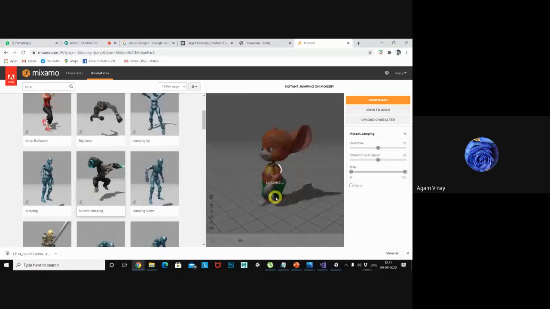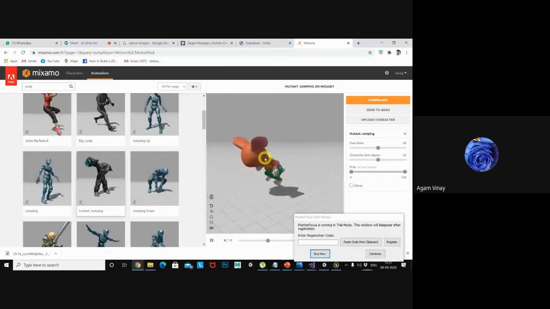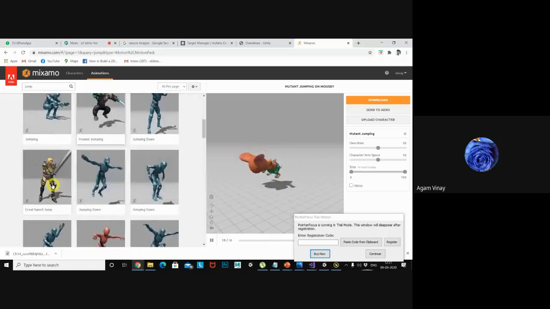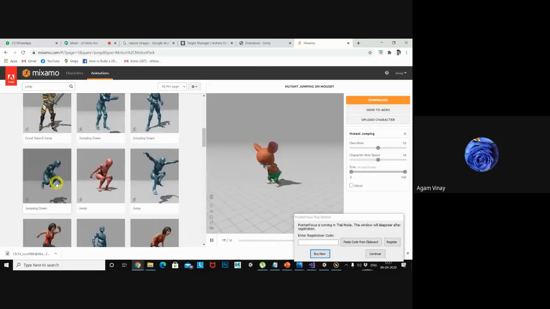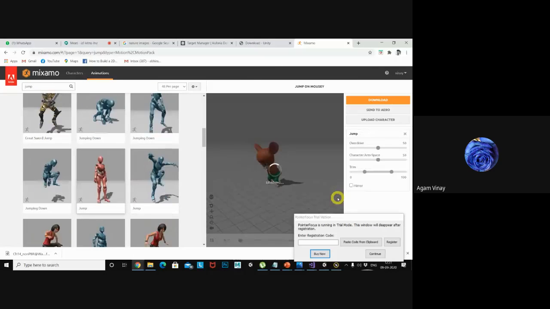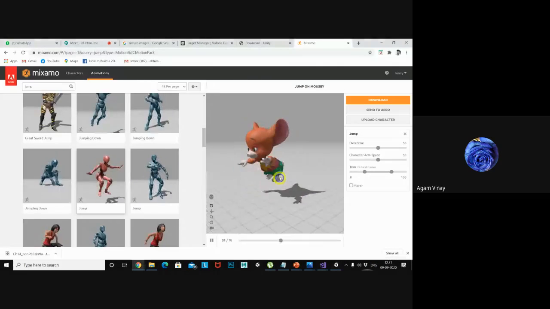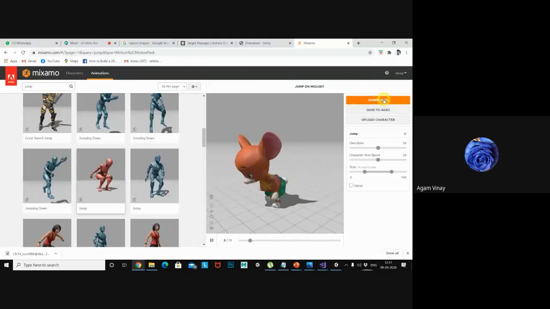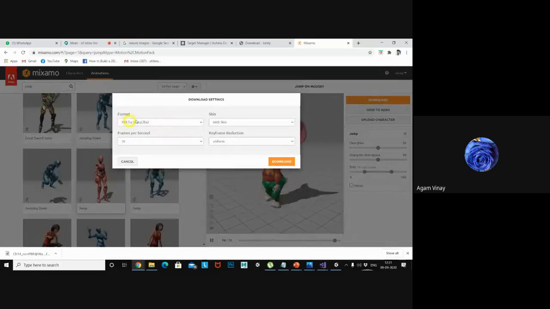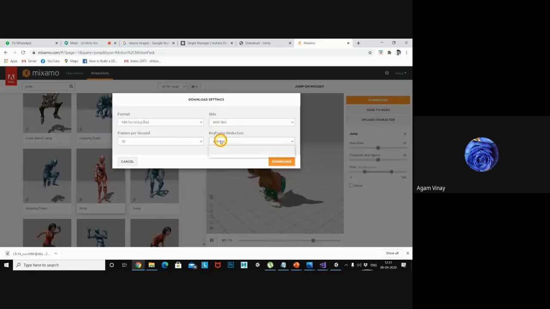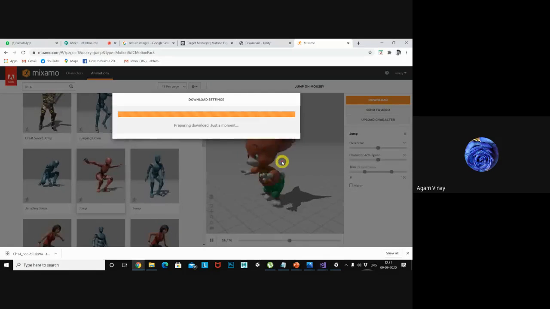So I will apply this animation, this jump or some other jump animation. This is my jump animation for this character. I also want to download this in Unity FBX format with skin, uniform. Just download it.